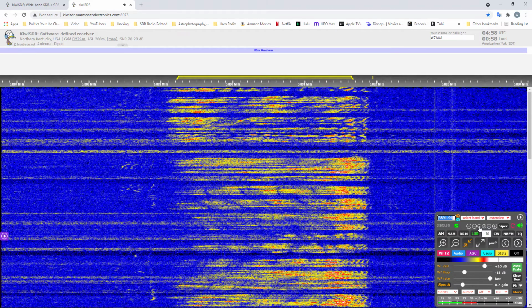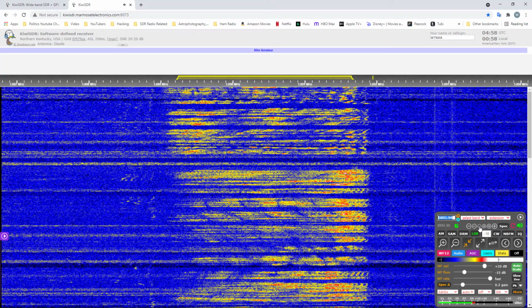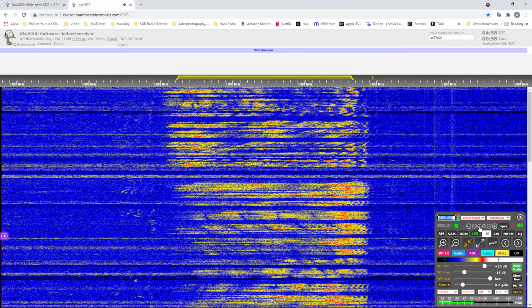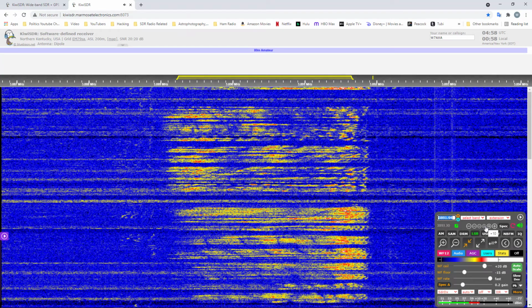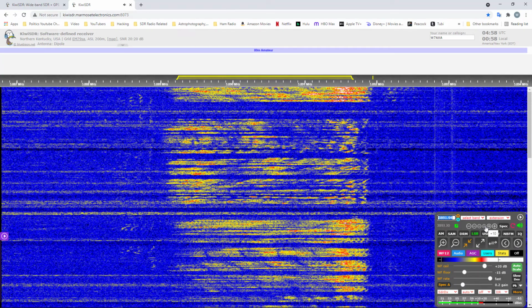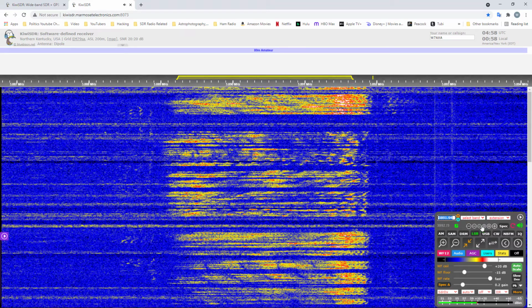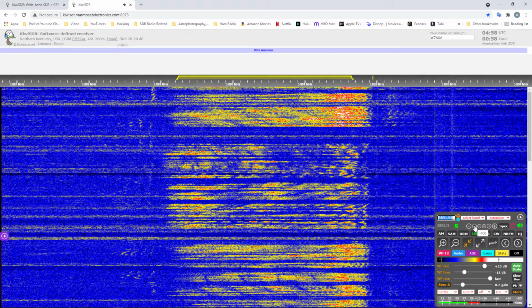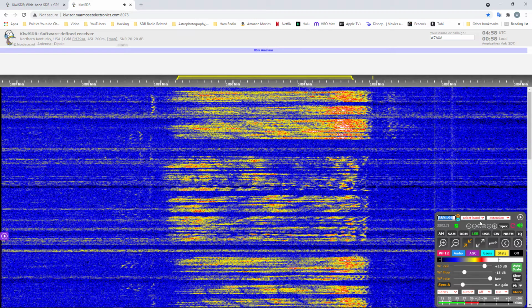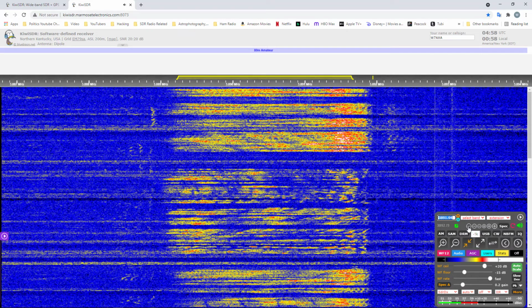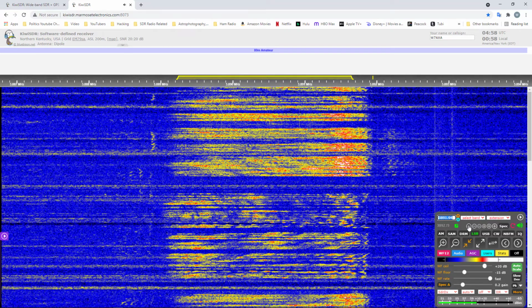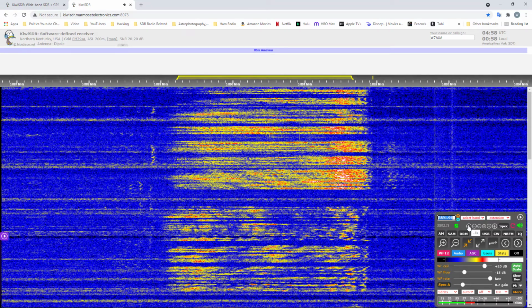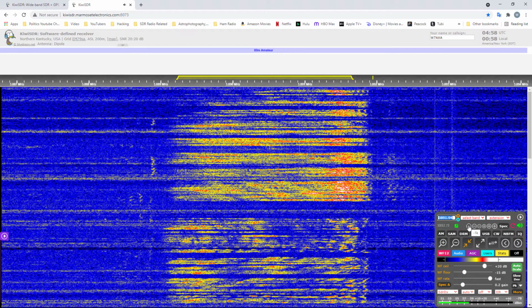So you can go minus 10 hertz, or kilohertz, or you can go plus 10 kilohertz. And you can go minus 100, or you can go, these are hertz all the way up to 1 kilohertz.